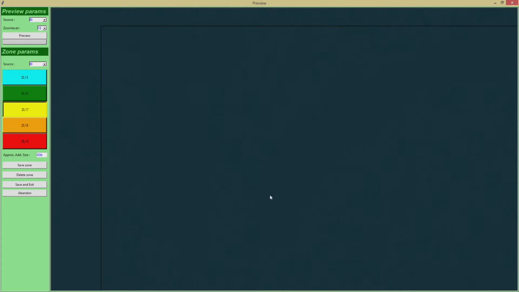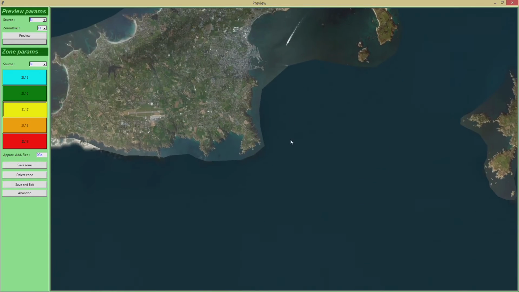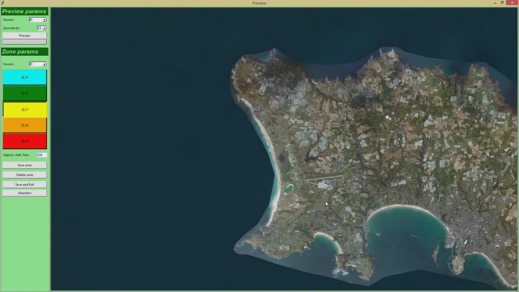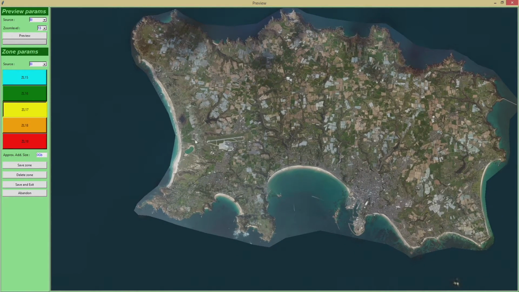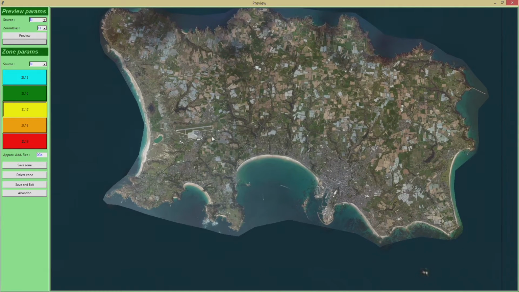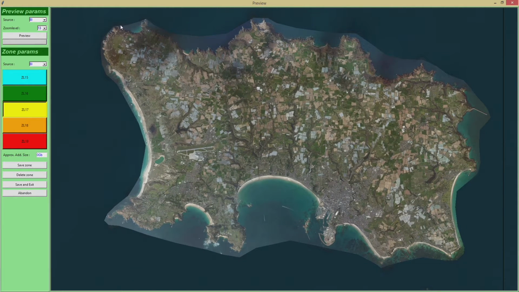So we'll create a zone. We'll find there's no zoom on this, sadly. But there's Guernsey, I think, and this is Jersey. So there's the airport there, right? So let's say, for example, we'll do zoom level 17 for all that, which is already set as our base zoom level in the previous screen. So we'll do a custom zoom level here, and we'll do it for the airport,